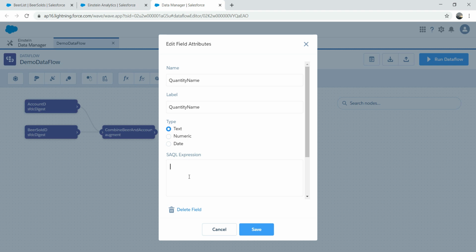So now here we're going to write a SQL expression. We're going to use the case statement. So case when quantity_C, this is the field name, greater than or equal to 0, and quantity_C is less than or equal to 10, then we're going to name it something called mild drinker. So we're going to do when,